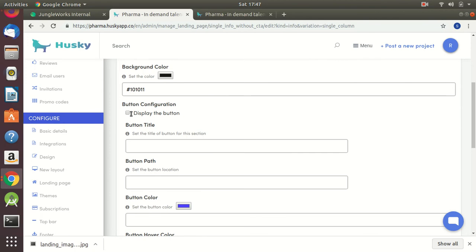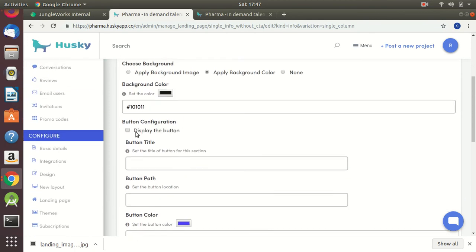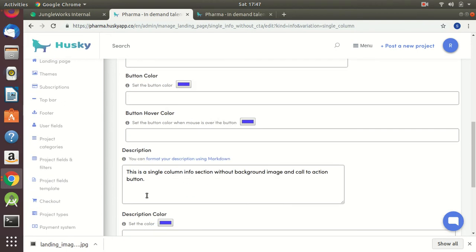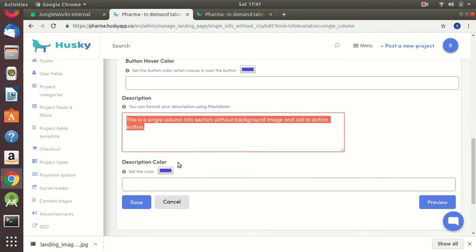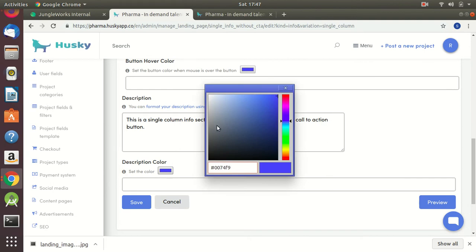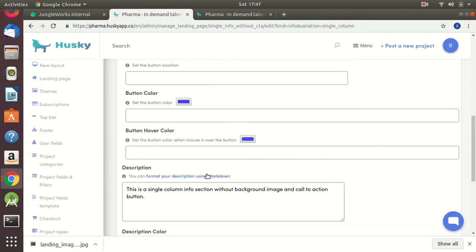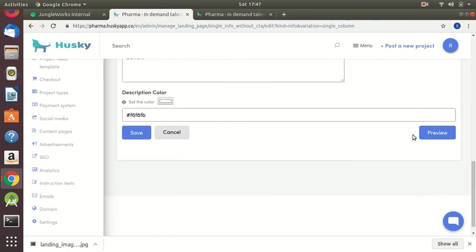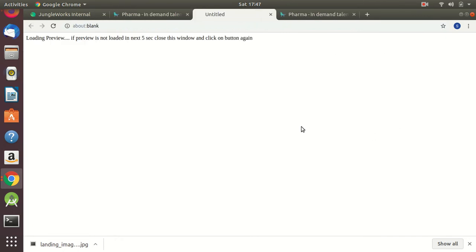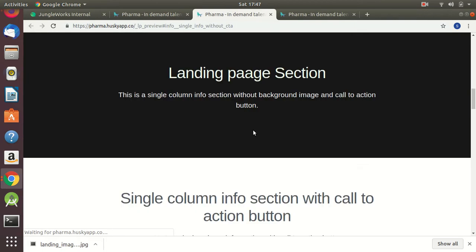So I can display the button if I want, by just clicking this checkbox, else I cannot. So this is the description written over here, and I can give the description color as well. For the easy access of the admin, we have given a preview button in each and every section, so admin can preview before saving the section.